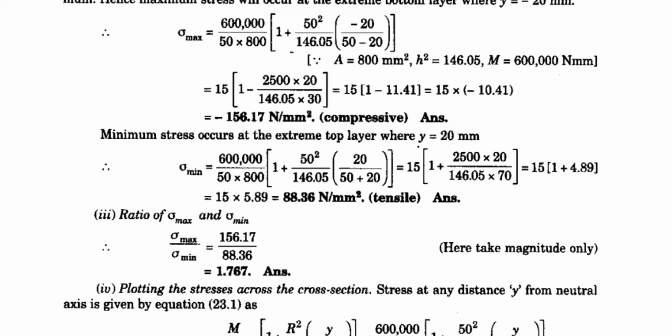For any type of cross section also. We are having cross sections: rectangle, triangle, circular, I section, T section, trapezoidal sections. Whatever the cross section is, this is the standard procedure you have to follow. And you must verify the derivation part for your rectangle, triangle, and circular sections. That is the reason why I asked you to please follow the derivation. Those derivation values are easily applied to this particular problem.